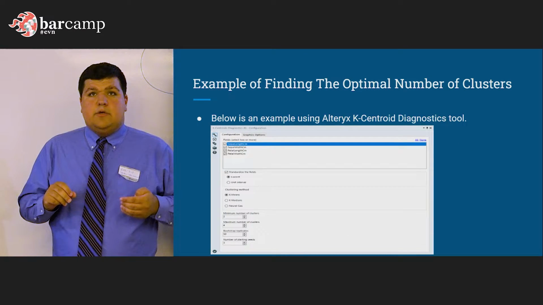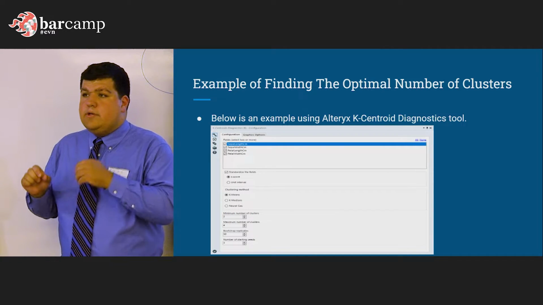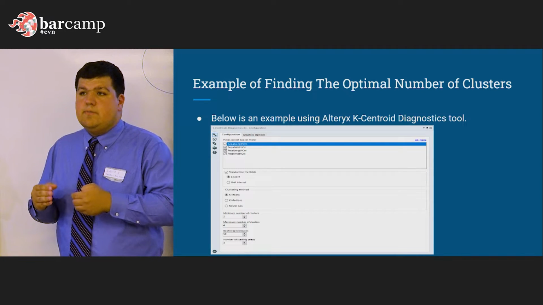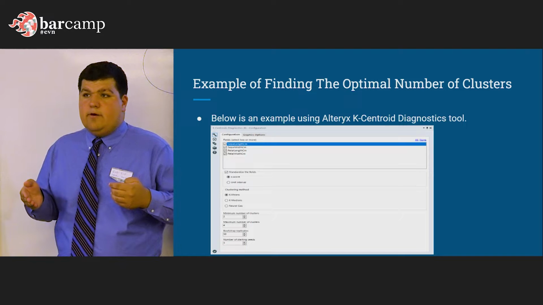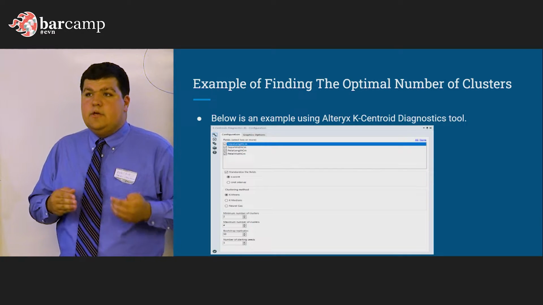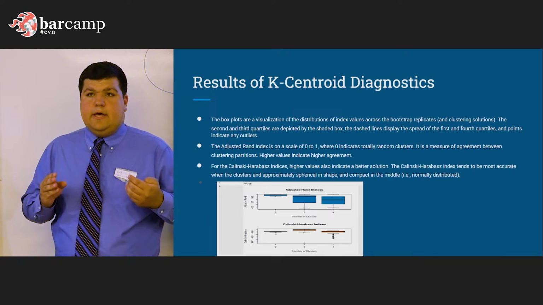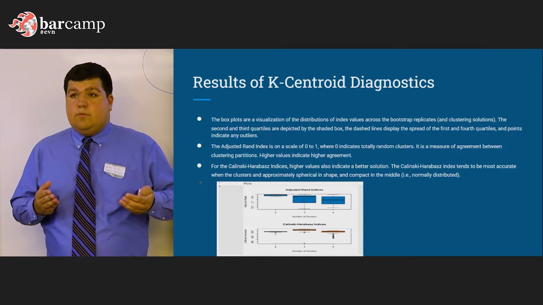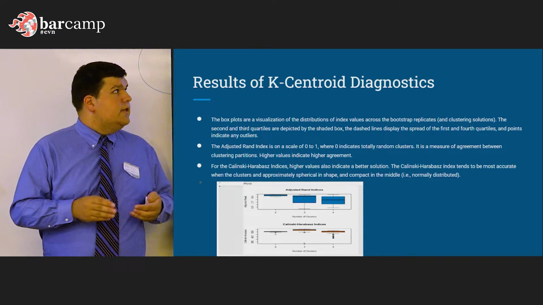You can also specify the number of starting seeds, because with k-means clustering, it'll look at each of those clusters and assign them individually. By increasing the number of starting seeds, you're going to add more repetitions of the algorithm, which would increase your accuracy, though it does come at the direct trade-off of increasing your runtime. So once you run this formula, which again could be done in Alteryx, but also R, SQL, Python, there are different options.